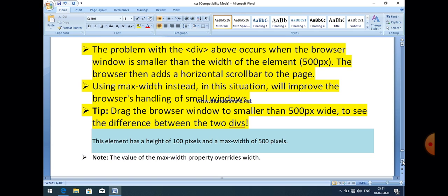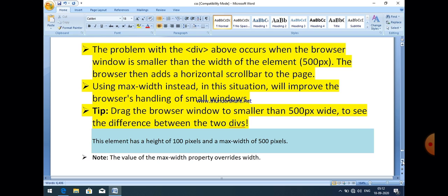Using max-width instead in this situation will improve the browser's handling of small windows. And there is a tip also: drag the browser window to smaller than 500 pixels wide to see the difference between the two divisions.